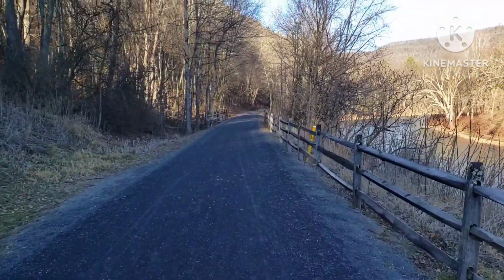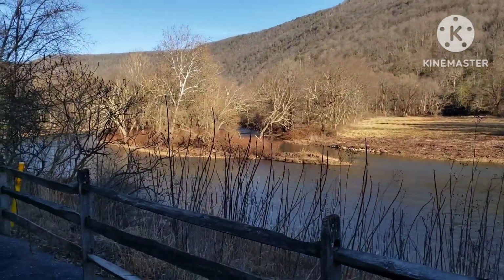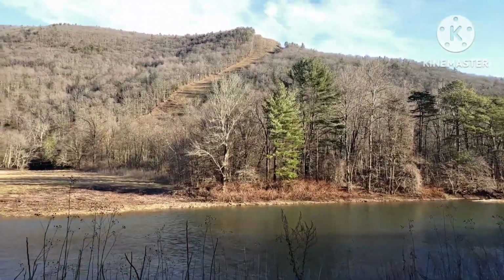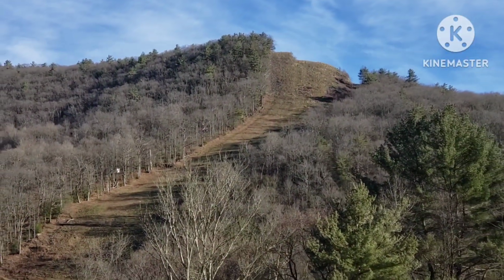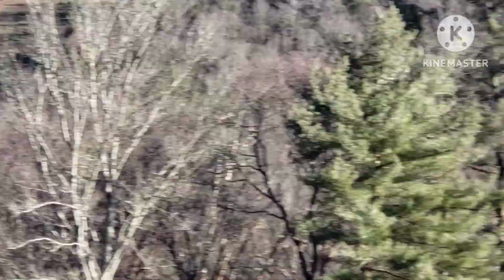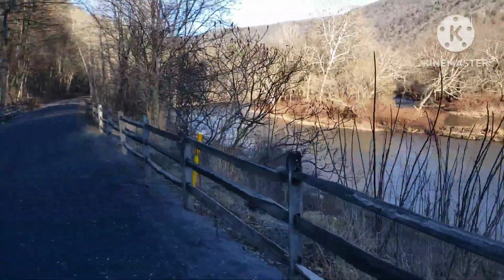Here we are coming up on another stream that goes underneath the rail trail, and there's actually an island out there in Pine Creek as well at this point. I've always found that hillside rather fascinating too. It's bald going up, almost like there should be a power line there or something, but there's not. But anyway,